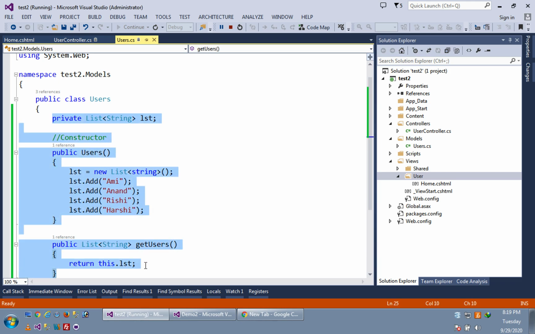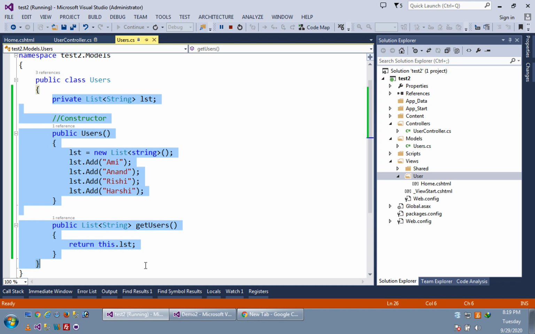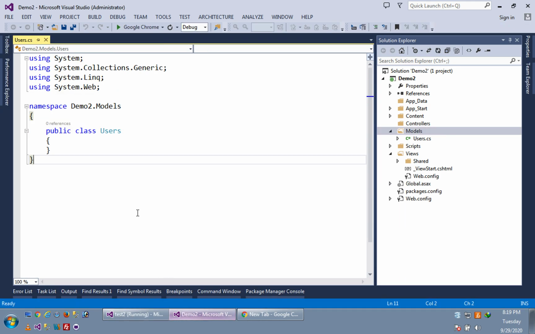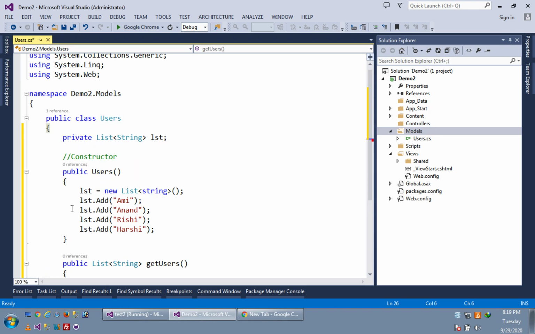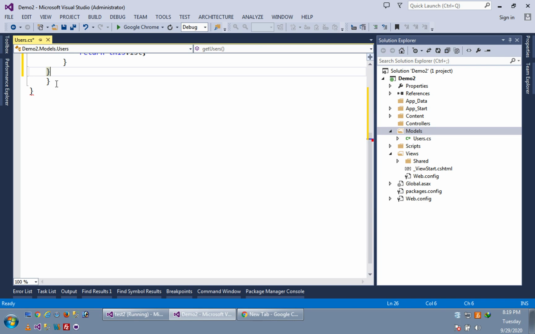I'm just copying and pasting it into the current project. Okay, this is our model.